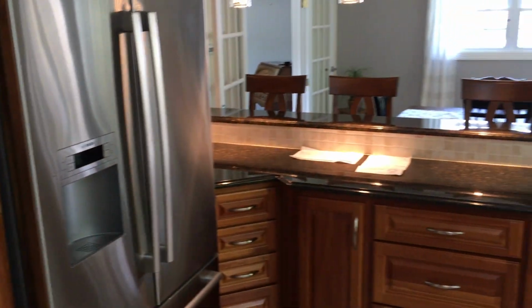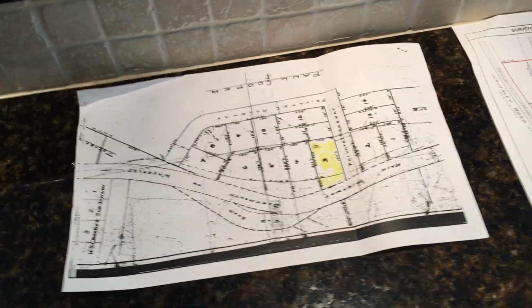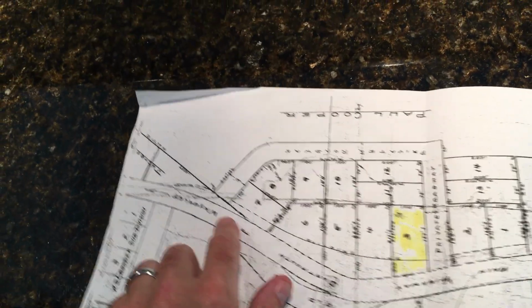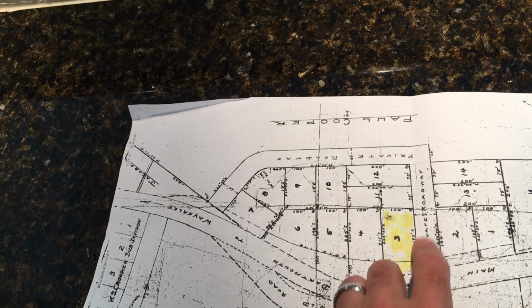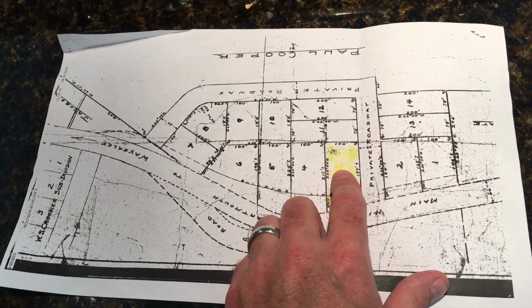And there's a breakfast bar there. That's where we just came from. And so why don't we talk about the lot and the rest of the subdivision that is yet to be built, and it may never be built because it's been going on since 1952. So here's Waverley Road, where we just were. And here's the private laneway that we saw where the gravel is, and there's the property that we are standing